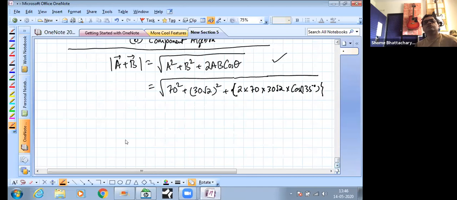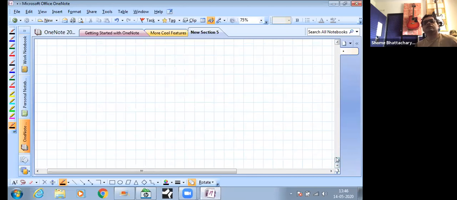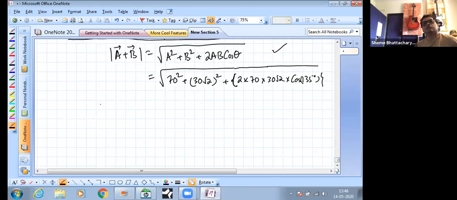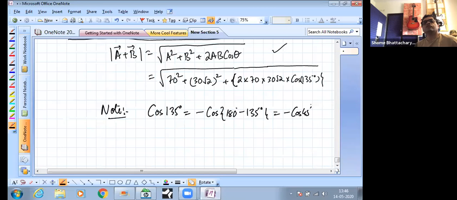So before we continue here, we'll understand that cos 135 degrees is minus of cos 180 minus 135. So minus cos 45. So minus 1 by root 2. Okay. So therefore you can see that mod of A plus B